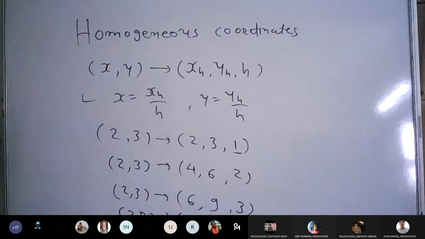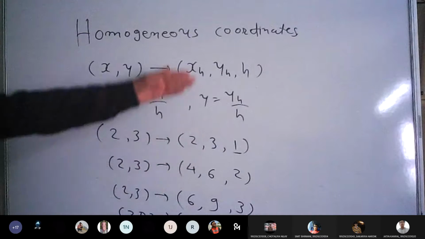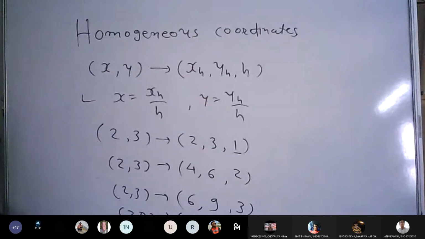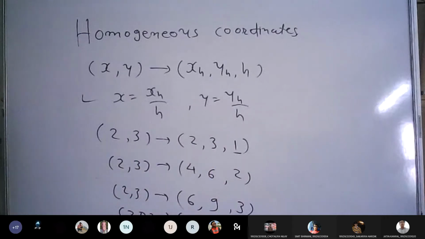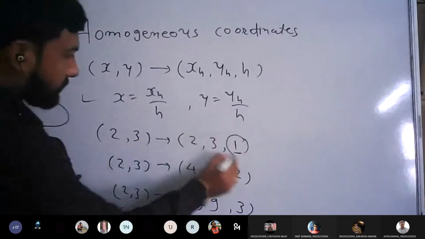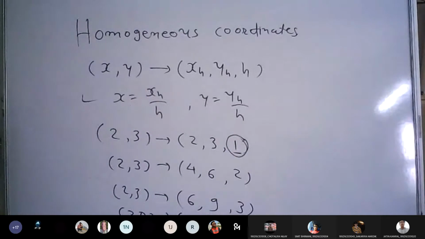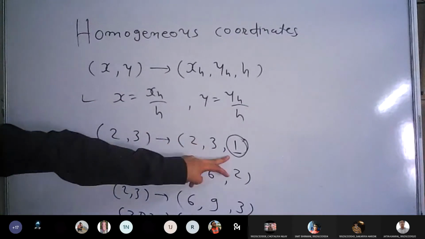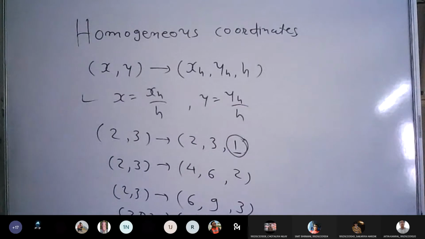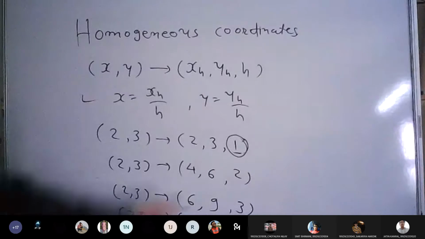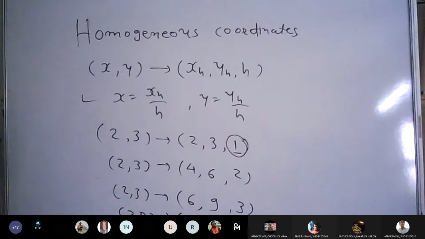So the homogeneous coordinate value for any 2D point, I cannot say there is only one homogeneous value. See, there may be n number of homogeneous values. It is up to you what parameter you are taking. Accordingly, you will find different homogeneous coordinate values. But for simplicity, we always go with homogeneous parameter as 1. Otherwise, I am not saying that h is only 1. You can change the value of h. In that case, you need to change the original coordinates as well. Otherwise, for any single point, you may have n number of homogeneous values. But for simplicity, we are always taking h equal to 1.